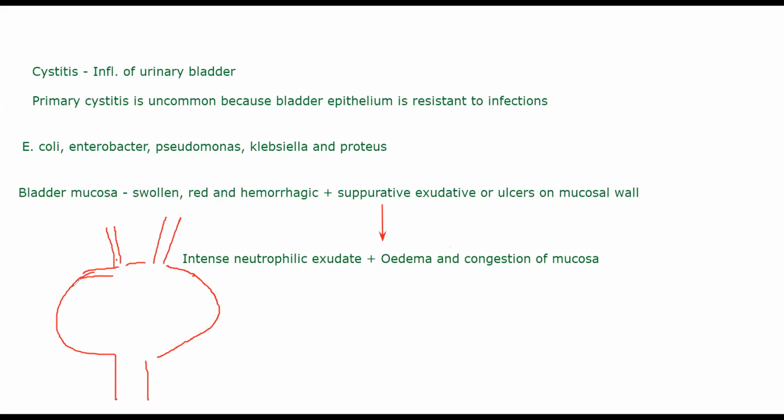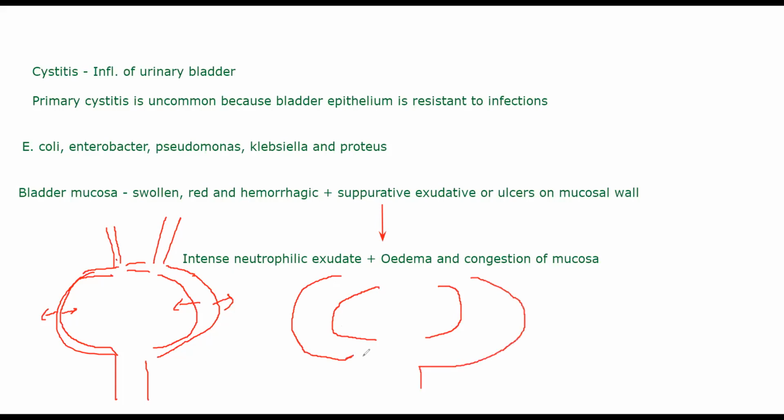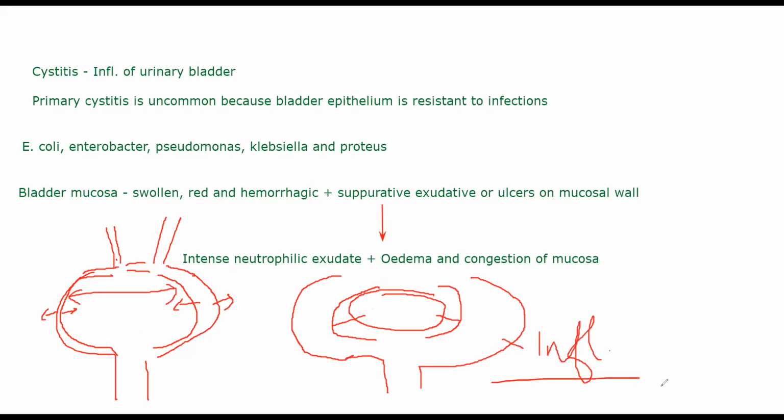Now if the wall of your urinary bladder, suppose this is the wall, is thickening, this will basically decrease the volume of your urinary bladder, right? Even if the size stays the same, let's suppose it inflames, it will inflame inside and outside. So look at this now. The total volume is getting decreased. Here the volume is larger, whereas this is the inflamed one. In the inflamed one, the volume is low.